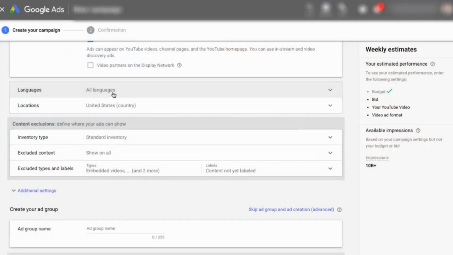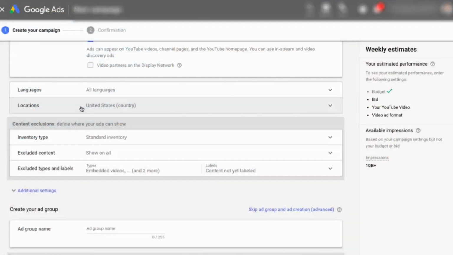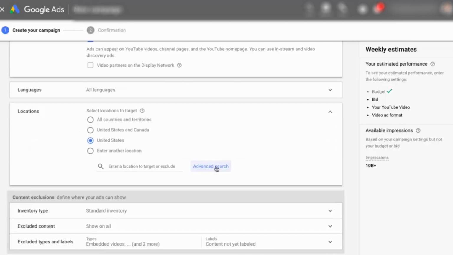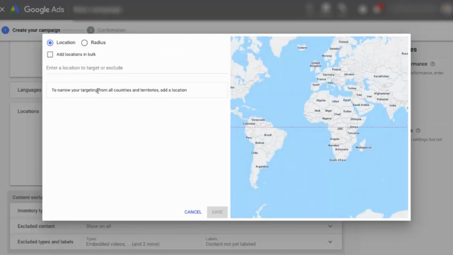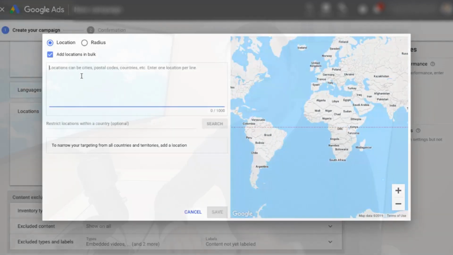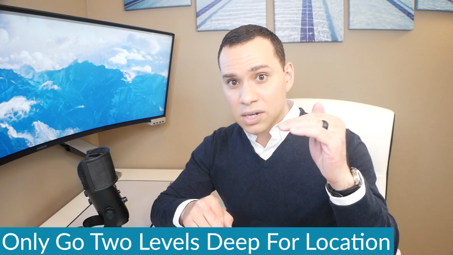Then down at languages, if you need a specific geolocation or you want to target a specific group of people, it's much more effective to use the location versus using languages. So for example, if you're a local-based business, what you'd want to come in here and do is click on advanced search and then go ahead and narrow things down. I would say add bulk location, so you could just type it in. So if you are local, then you want to do all the way down to zip codes, neighborhoods, and local cities. If you're targeting just a particular set of countries, then you can go ahead and type in all your countries here. And if you're targeting one country, then just go ahead, do the one country that you're targeting,